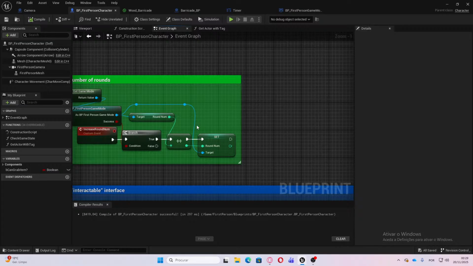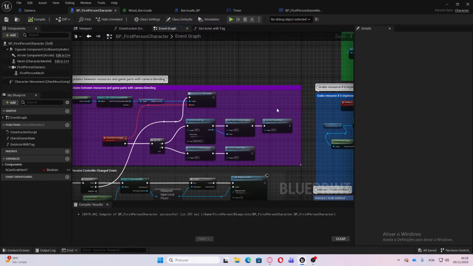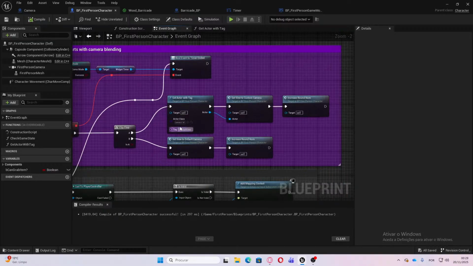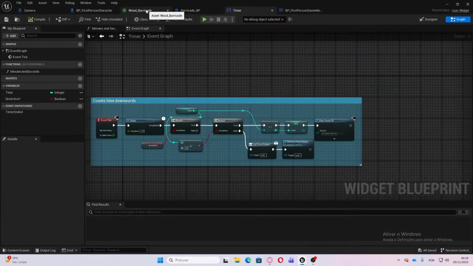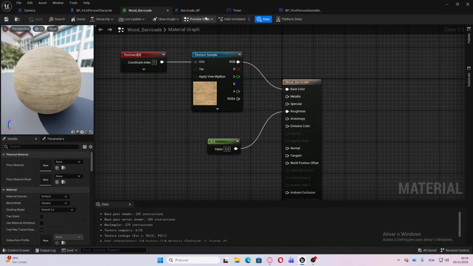Okay. And then increase round num, branch, plus plus, set round num. So now whenever we change this, we increase it, and the first one is increase round num. So the first one, this is where in the game part whenever round num is not